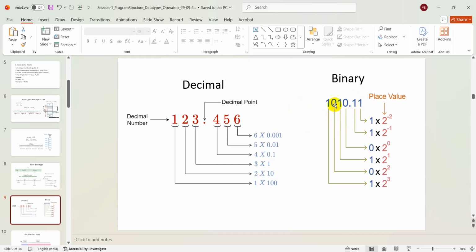So this is 1010.11. This is the binary number, not the decimal number. So this portion is the mantissa. Here it is 0 into 2 power 0 plus 1 into 2 power 1 plus 0 into 2 power 2 plus 1 into 2 power 3. So 2 power 3 into 1 plus 0 into 2 power 2 plus 1 into 2 power 1 plus 0 into 2 power 0. So this constitutes 2 plus 8, 10, that which is the integer portion or the exponent portion,